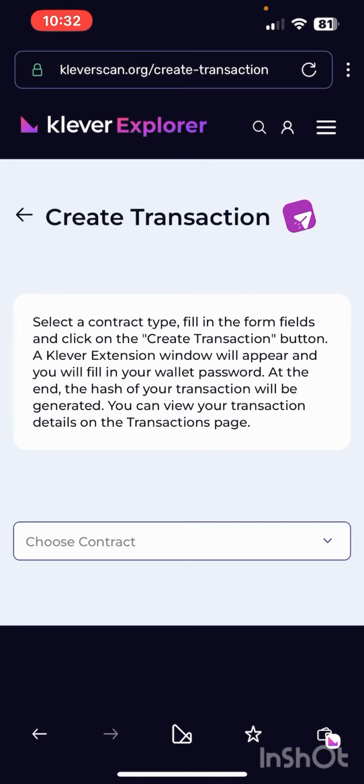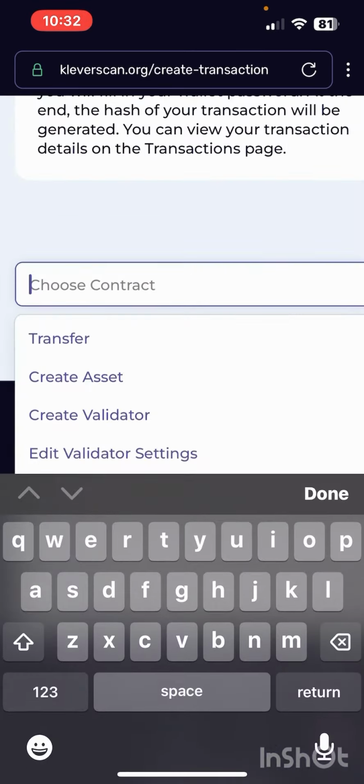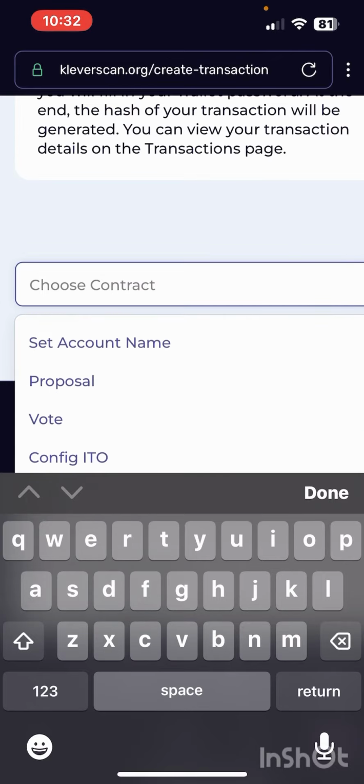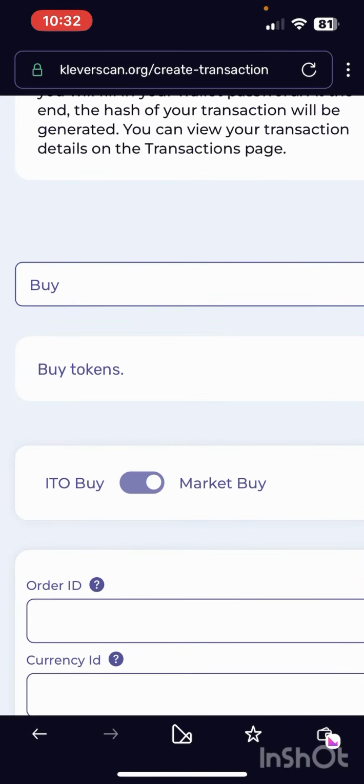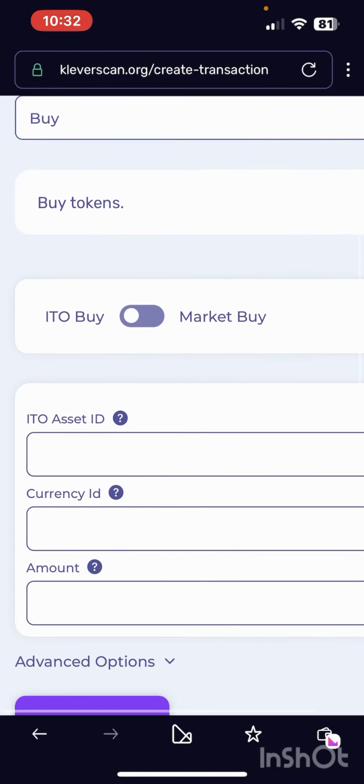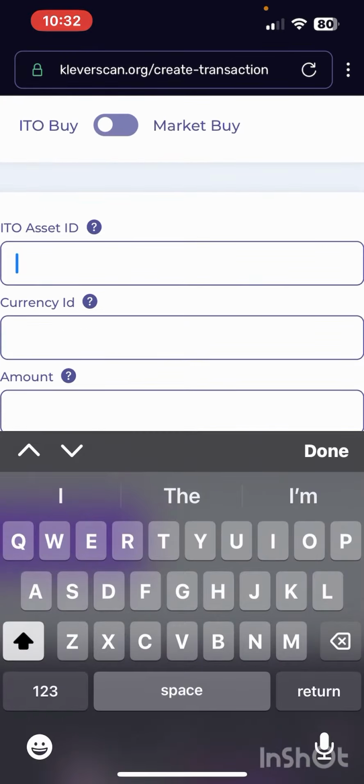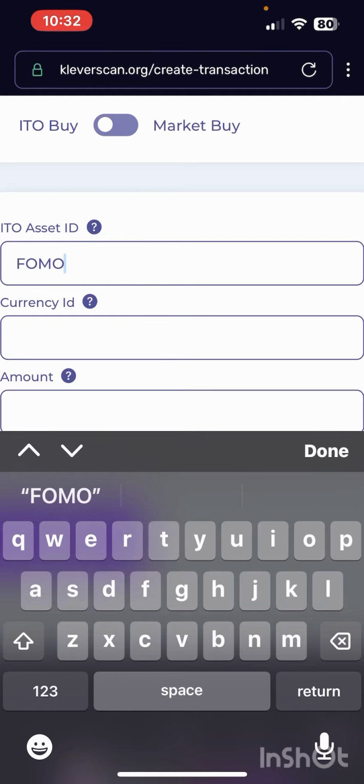And here it'll bring you to the Klever Explorer. You're going to conduct the transaction. So you're going to choose contract. You're going to put buy. And then you're going to switch from market buy to ITO buy. The ITO asset is FOMO, all caps, dash